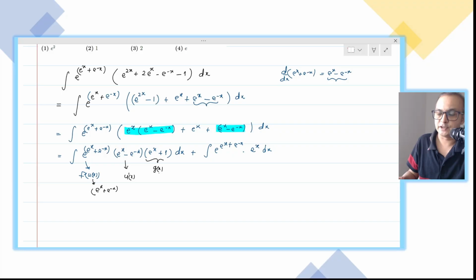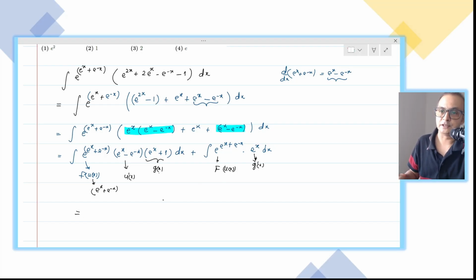If this is our g(x), in the second integral, the second integrand should be the derivative g dash x, and I must have the integration of small f, and inside this u(x) should be there. You see that this is nothing but the capital F of u(x),